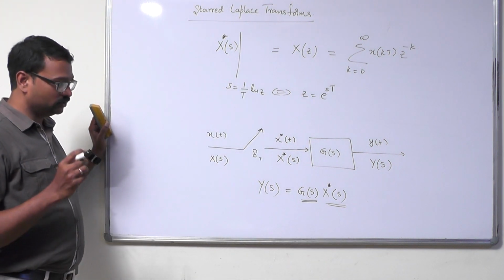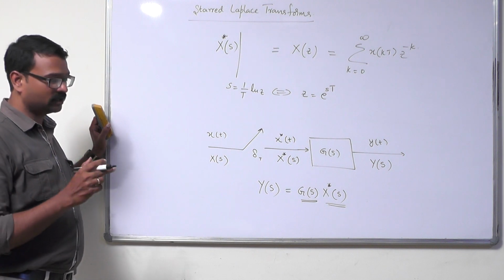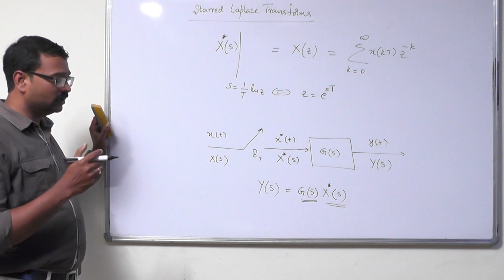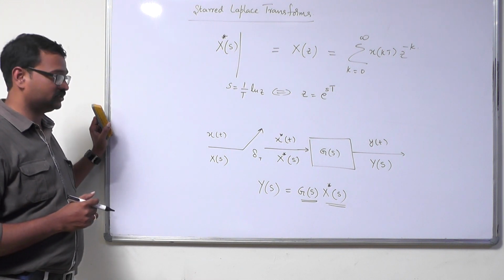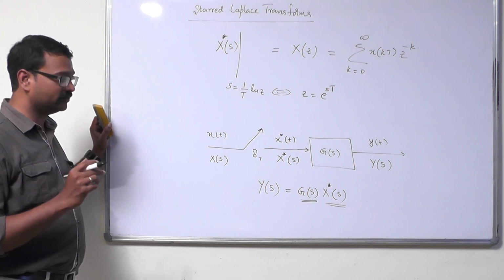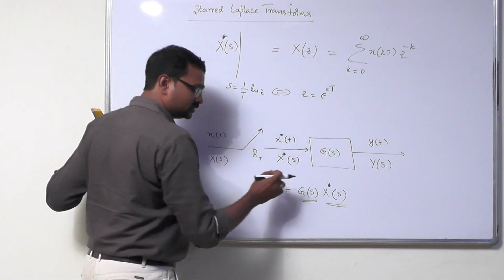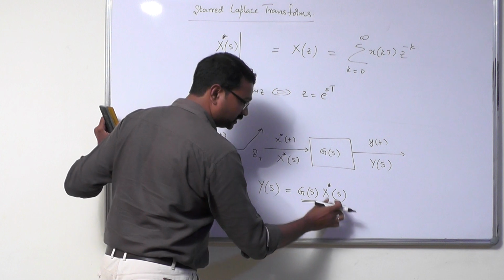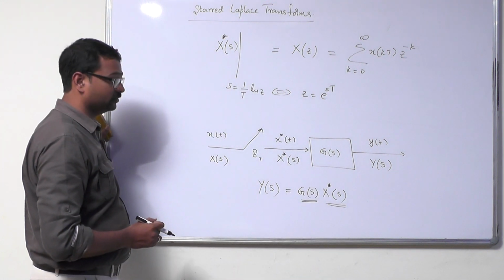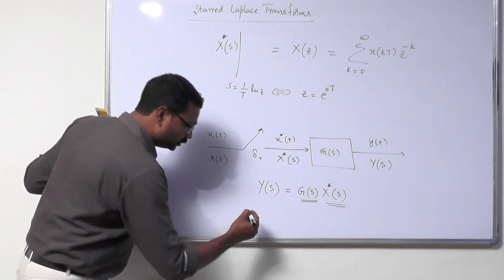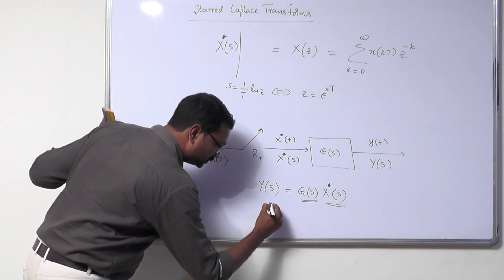It means that in this diagram you have both starred Laplace transforms as well as normal Laplace transformations. So when you have two different Laplace transforms, one the normal Laplace transformation and the other the starred Laplace transform, and you need to obtain the starred Laplace transform